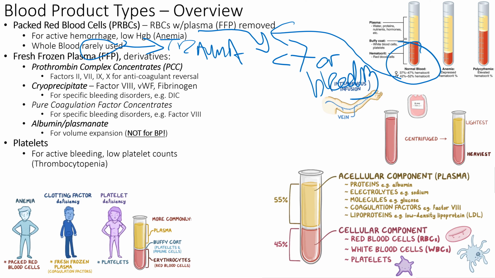Oftentimes the lab will say, I'm not going to give you blood because your hemoglobin is 10. It's like, well, have you been to the room? It looks like a massacre, right? I need blood. They are losing blood. 100%, I guarantee the blood counts are low, right? Because it's going to take a second for that to show, because it was 15 and now it's 10,